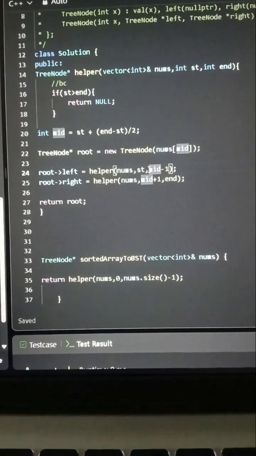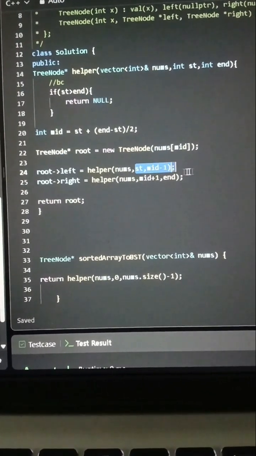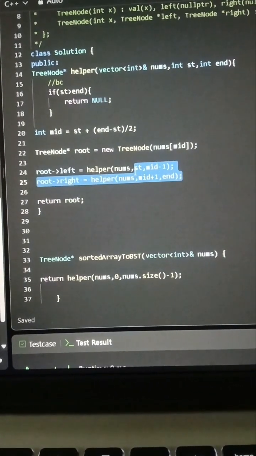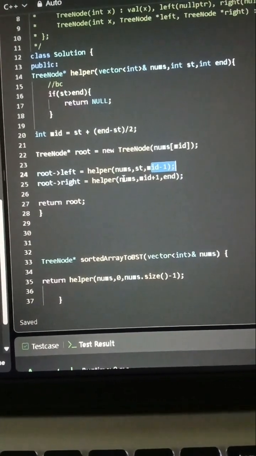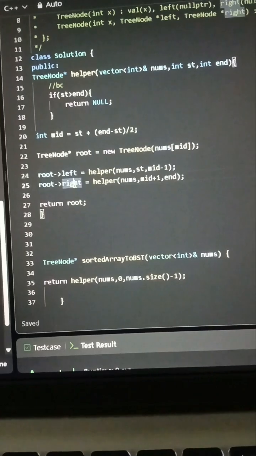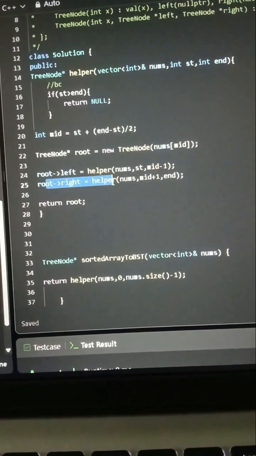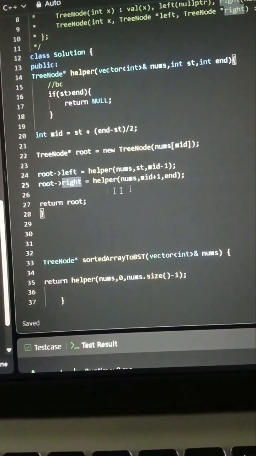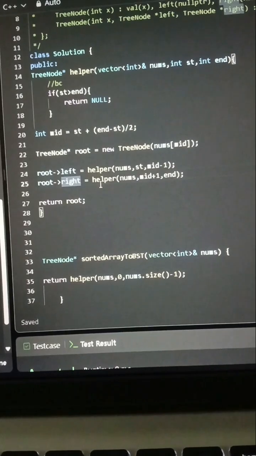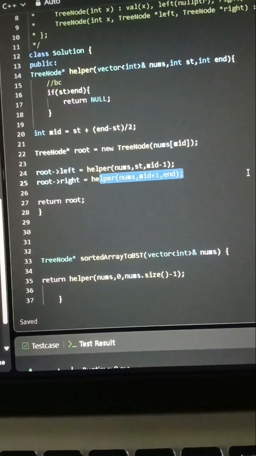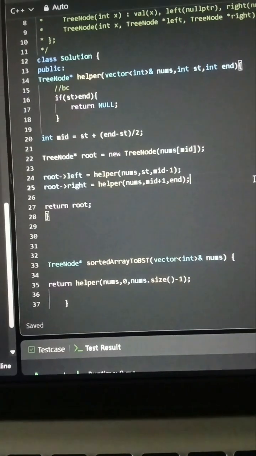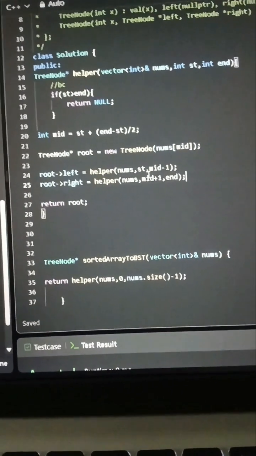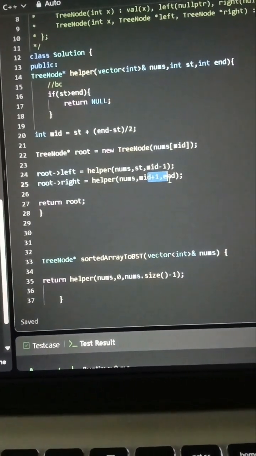We passed for the left part our start, and the end is mid - 1 for the left part. Okay? And root's right. This is the call to build or create the right subtree. The right part is from mid + 1 to end,